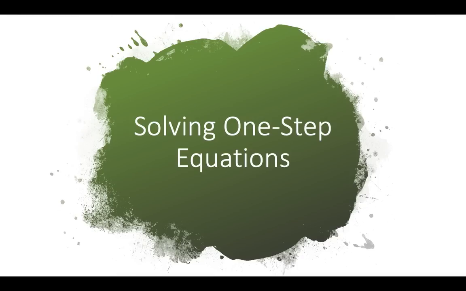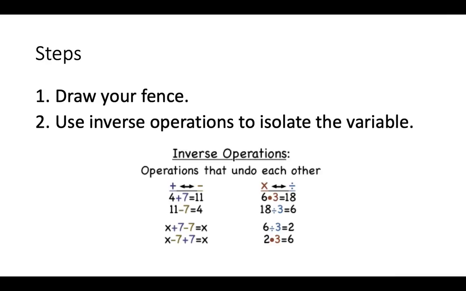Hey everybody, today we're going to be talking about solving one-step equations. So to do that, we have two basic steps. The first thing we like to do is draw our fence, and the second is to use inverse operations to isolate the variable. Now the word isolate just means that we want the variable all by itself on one side of the equal